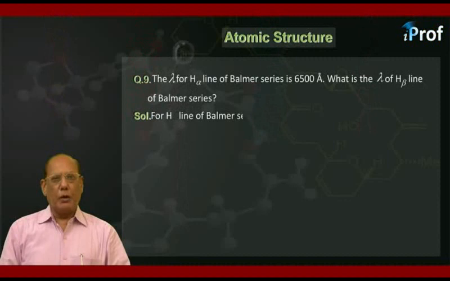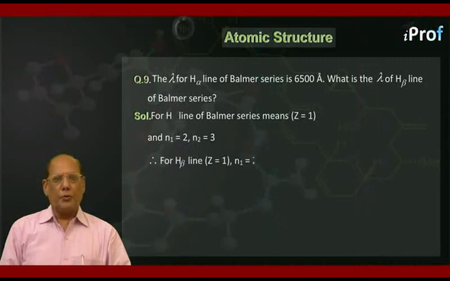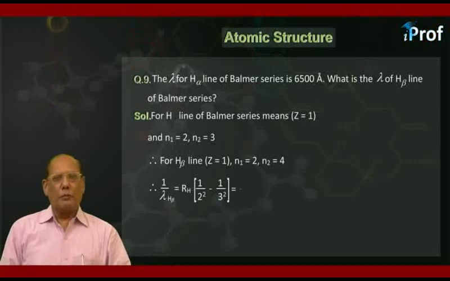For H alpha line of Balmer series, Z equal to 1, n1 equal to 2 and n2 equal to 3. For H beta line, Z equal to 1, n1 equal to 2, n2 equal to 4. Therefore, 1 upon lambda H alpha is equal to RH into, within brackets, 1 upon 2 square minus 1 upon 3 square. And that is equal to 5 RH upon 36. Mark it as equation number